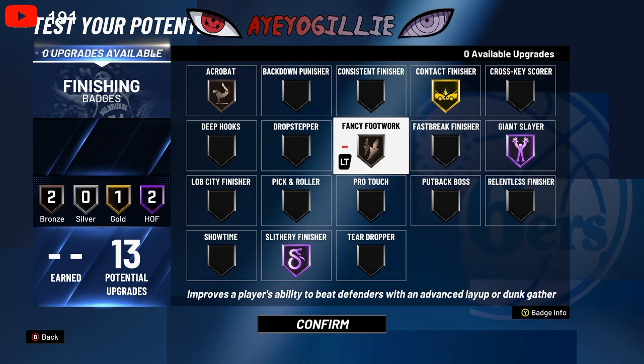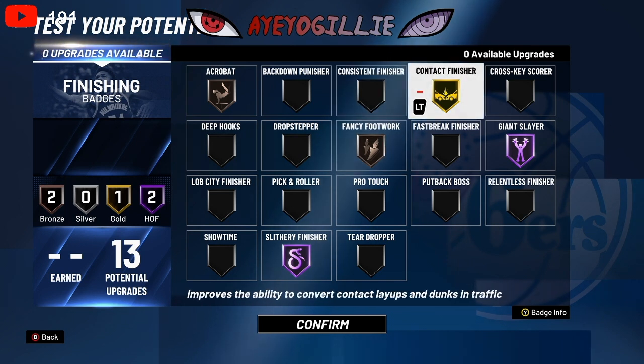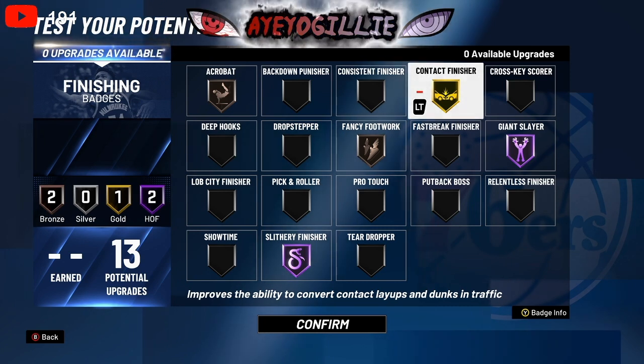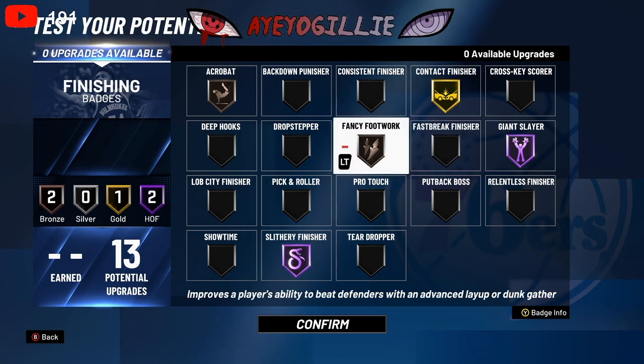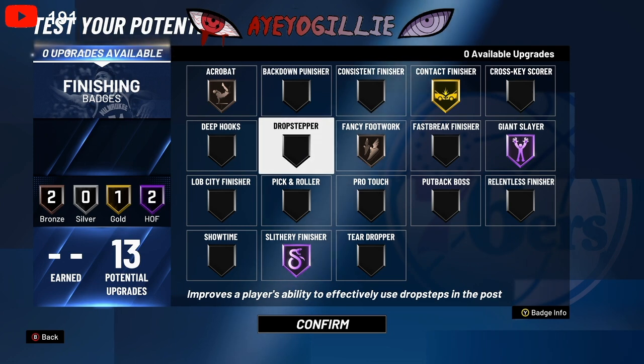This will be my lineup. This is going to help me get more dunks in traffic. It's not going to be contact dunks, but they're going to be more dunks in traffic, more finished layups in traffic, right? So we want to keep this going. But this is going to be my day-to-day lineup. Now,